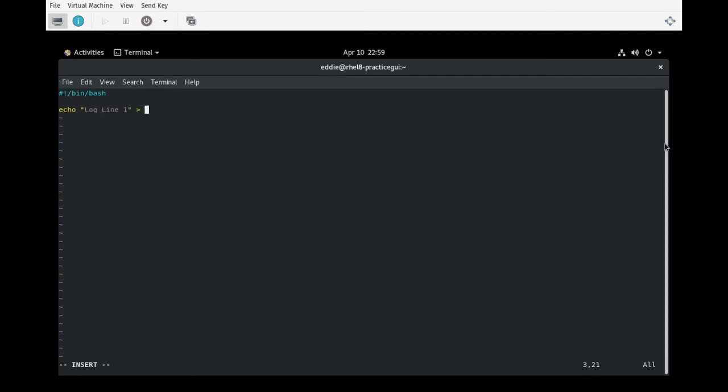Now the single arrow, if I do that, and then we'll call it logfile.log, that's going to create logfile.log, and it's going to echo the standard output, which will be log line 1, to that file. Now, let's say we have stuff going in the script, and then at some point we want to do another entry into the log file, log line